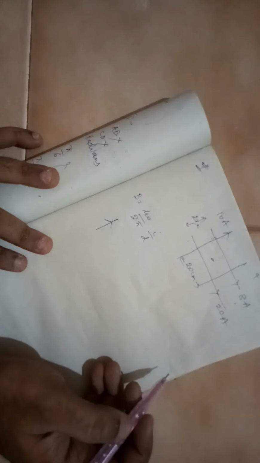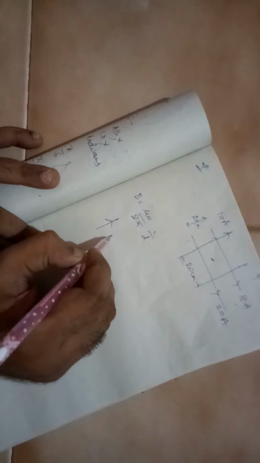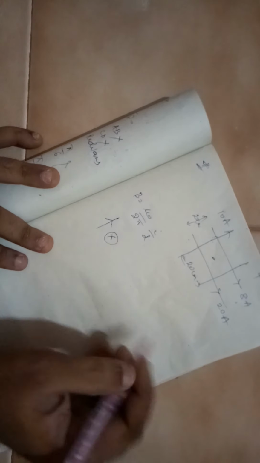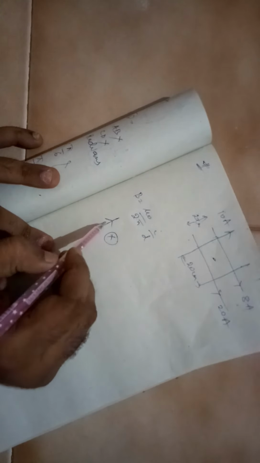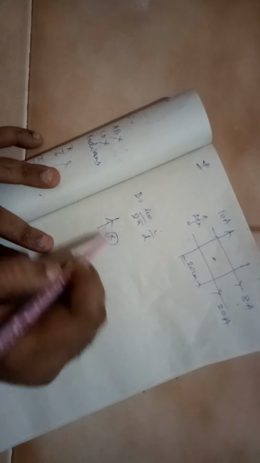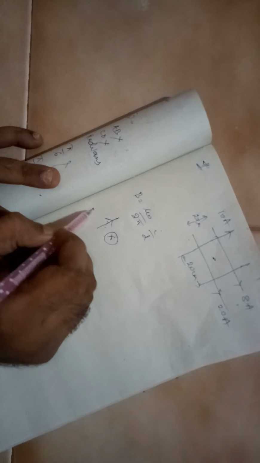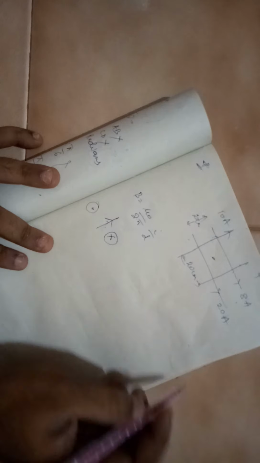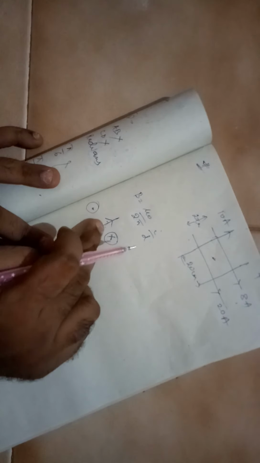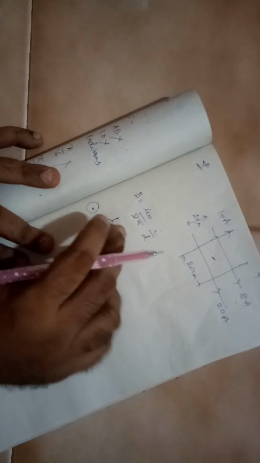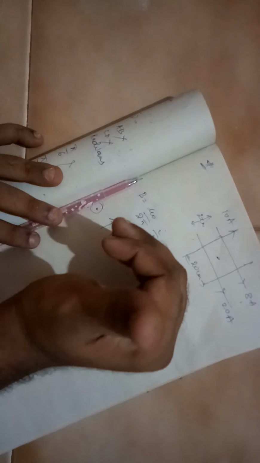So remember, if I am trying to find the magnetic field because of this wire, first I need to finalize the directions. This wire, the direction of current is in the upward direction, so on the right side it will be cross. I told you, remember this, whenever the current is in the upward direction, the right side will be cross and the left side will be dot. You can verify using the right hand thumb rule. The current direction should match with the thumb direction. The thumb is pointing upward and you can see the fingers, on the right side they are into the page.